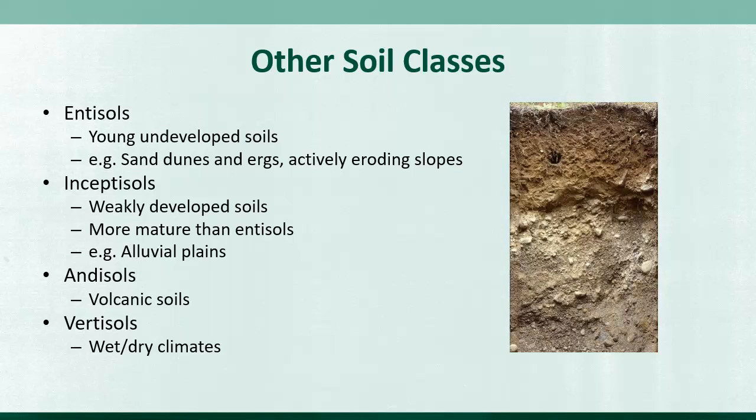A lot of the soils that are found in south central Alaska are in fact entisolic or inceptisolic, depending on their age and maturity, because this is also a product of soils that have been created through glacial formation processes, relatively young, new material that's been left behind that hasn't had the opportunity to develop properly into a soil yet. The andisols are volcanic soils. They tend to be very young soils as well, but can be very rich soils for agriculture.